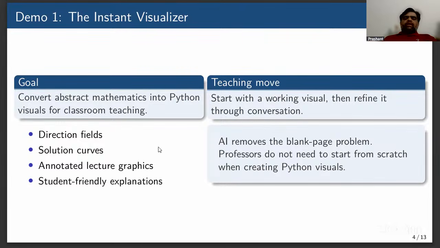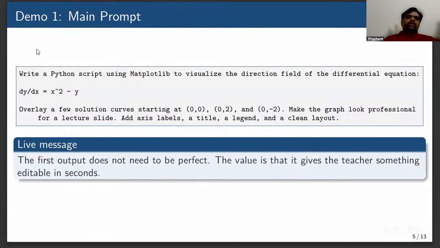To do this, I'm giving this prompt to the AI: write a Python script using matplotlib, which is the name of the Python library, to visualize the differential equation dy/dx = x² − y, with a few solution curves starting from (0, 0), and these others.